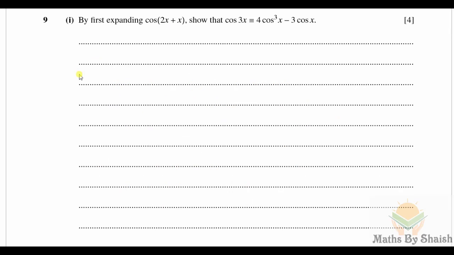Here's the ninth question. First part: by first expanding cos of 2x plus x, show that cos of 3x is equivalent to 4 cos cube x minus 3 cos x. So first of all, let me write the expansion of cos of a plus b. It is cos a cos b minus sin a sin b. So we'll substitute the values and we'll get cos of 3x as cos of 2x plus x, and hence cos of 2x into cos of x minus